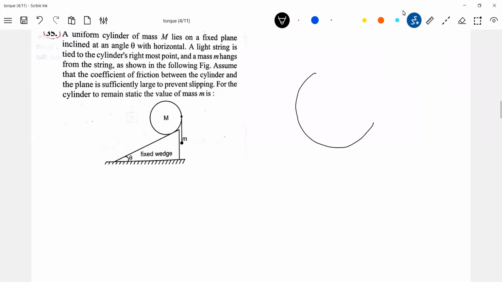Now first let me show that cylinder. This is a cylinder and this is the inclined plane. This is the center of the sphere. Okay, let's try to have a diagram like this. Weight of the cylinder will act here, mg, and at this particular point,